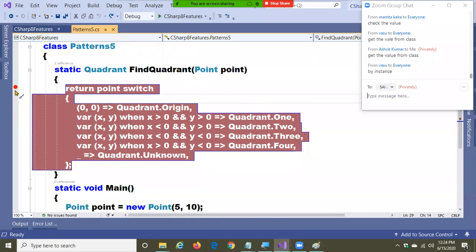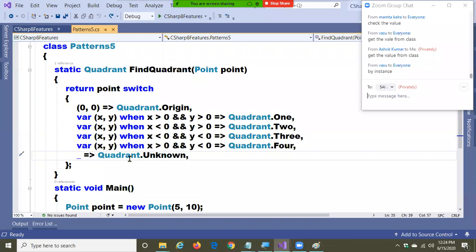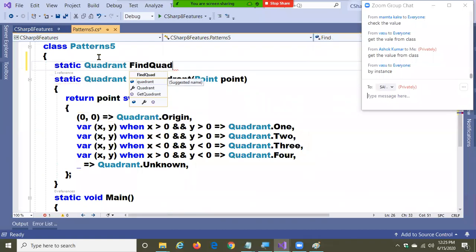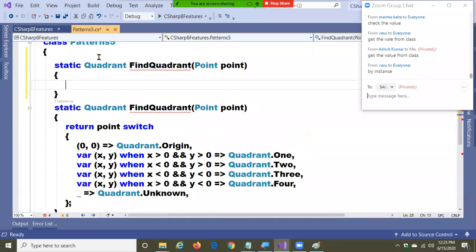code in a traditional mechanism, without using the positional patterns, okay? Shall I write in a traditional manner? Static Quadrant FindQuadrant(Point point). See how to write.